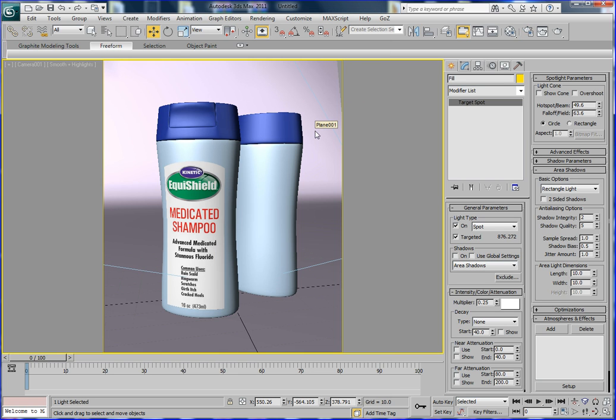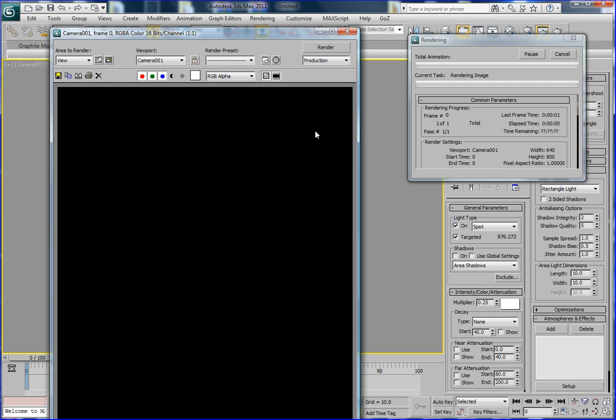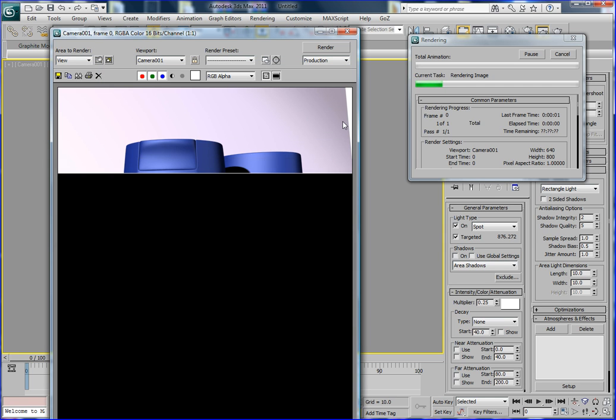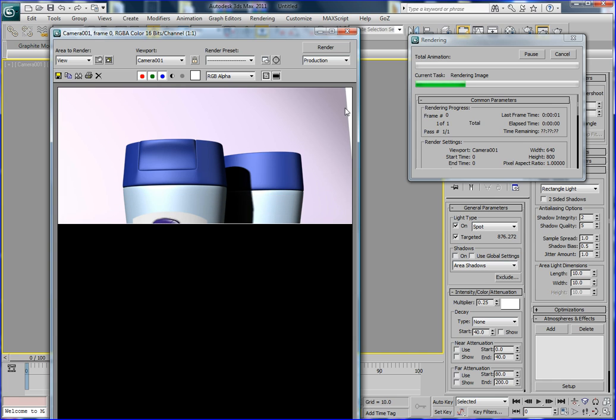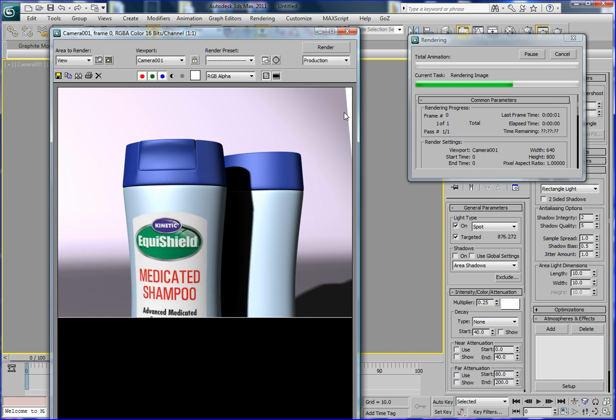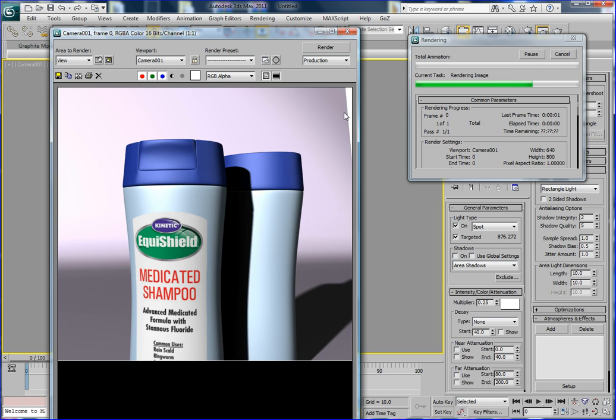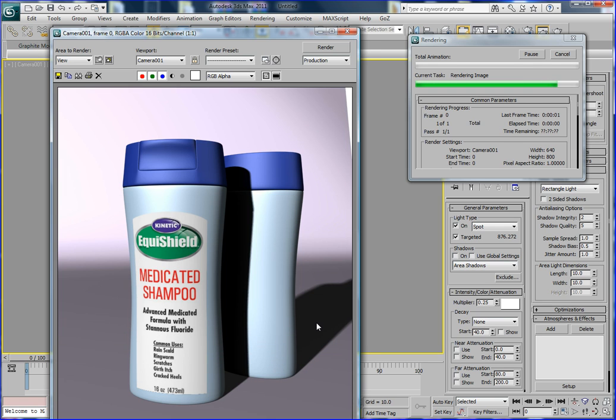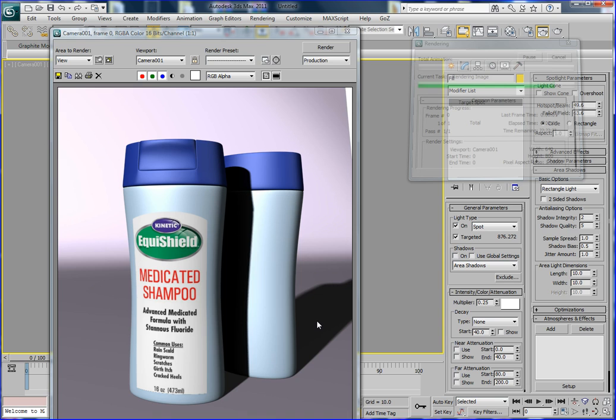I'm going to render. See here, we have our shampoo, but the shadow is kind of too dark. But the shaded part here is not too dark because the fill light is filling in. So go to perspective. What I'm going to do now is